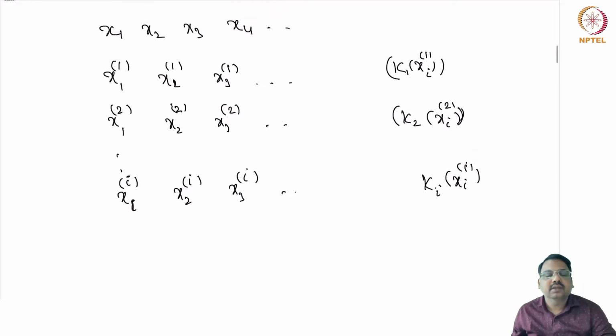Now we want to get a subsequence of the original sequence such that Kn of that subsequence is